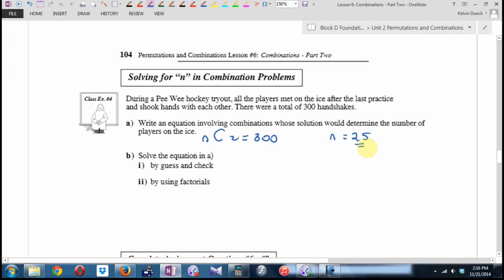Who has their formula sheet handy? What is n choose r? And if you want to, you can write it up here in the corner. n choose r is defined as, Ben, you got it? Yep. n factorial over r factorial, and then in brackets, n minus r factorial. Write that down in the top corner. n choose r is defined as, this is what your calculator is doing for you quickly, n factorial all over r factorial, n minus r factorial, which means in this particular case,